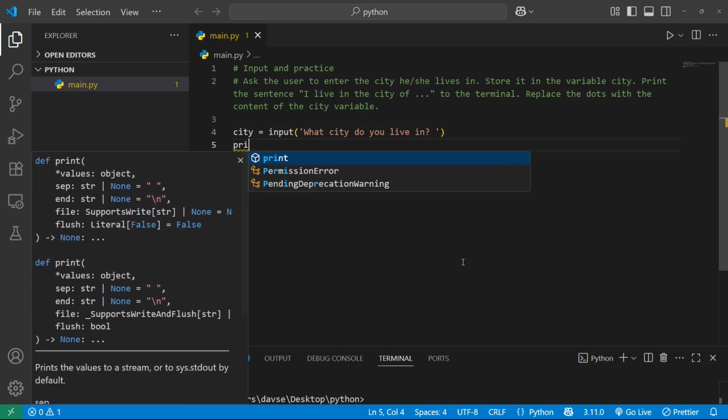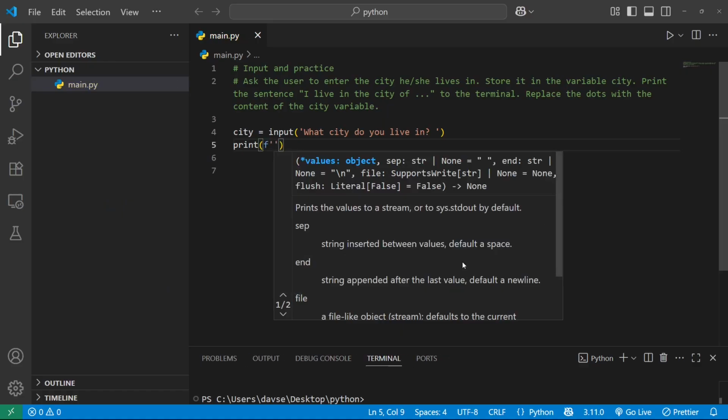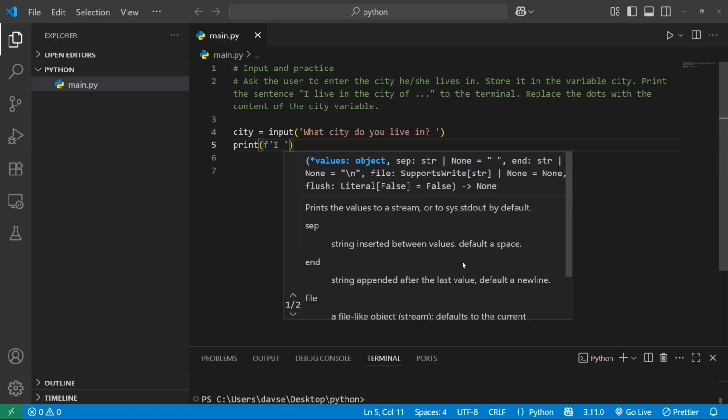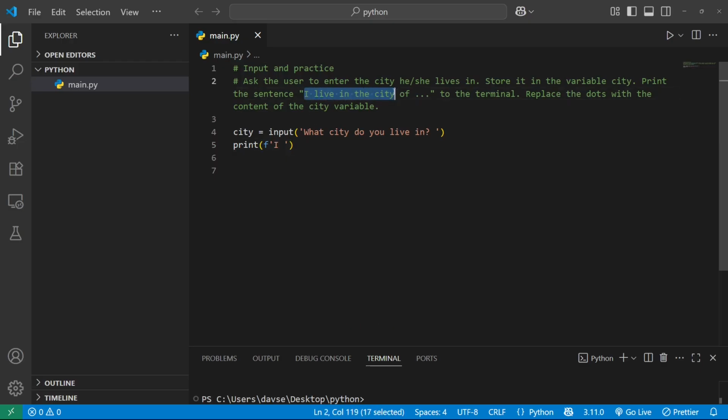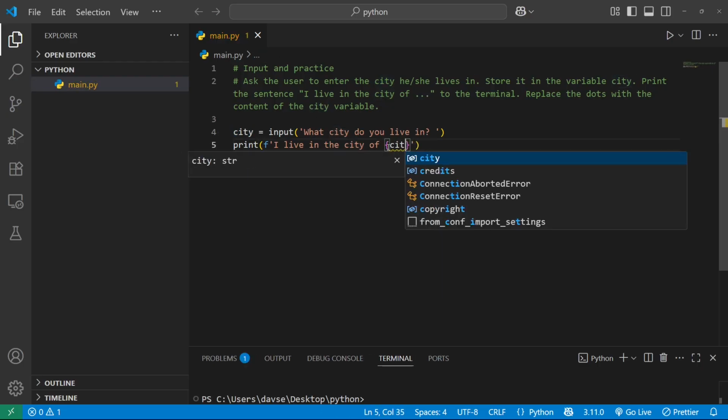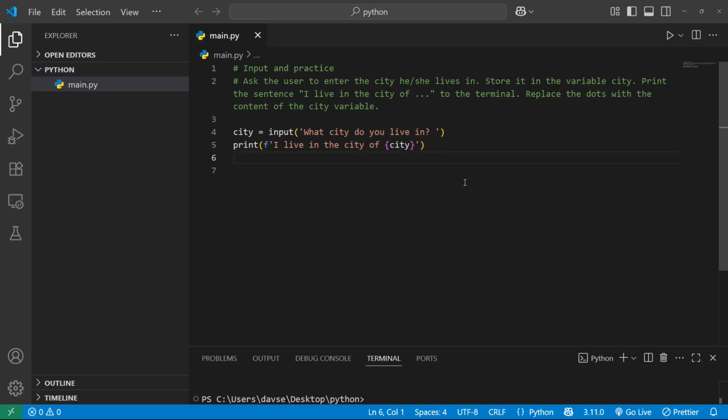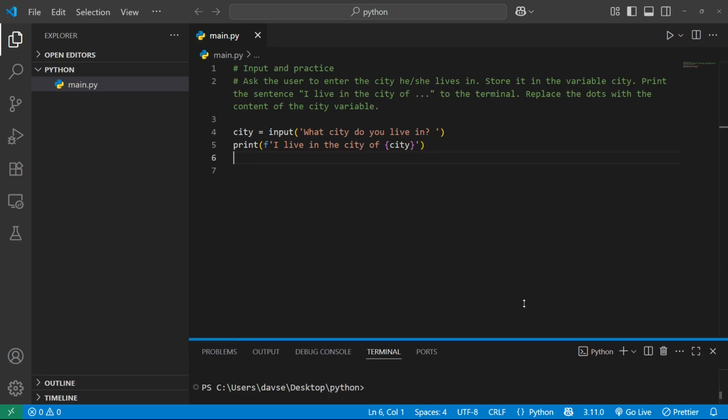And we need to print, again we will use an f-string because it's a modern way how to connect a string and a variable together. And the answer will be "I live in the city of", and the dots we need to replace by the city. Okay, so it means we write the city here,